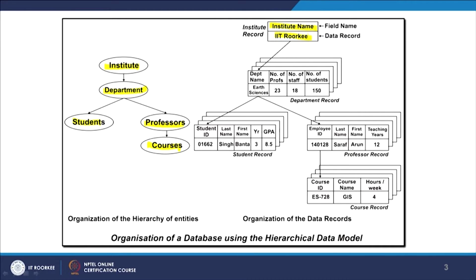So, institute name and other things, then department name, department record is there, how many professors are there, how many staff, students and so on. Similarly, for each student we can have their ID, enrollment number, and then we can have their records also. Similarly, we can also have employees' records here, and then finally we can have the links with the